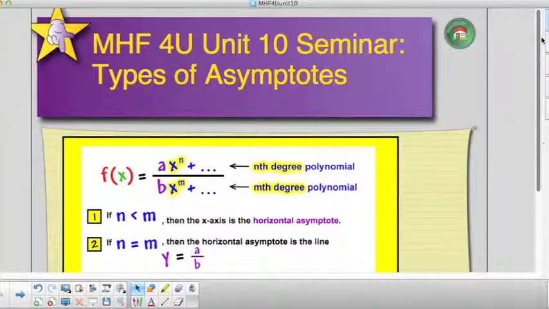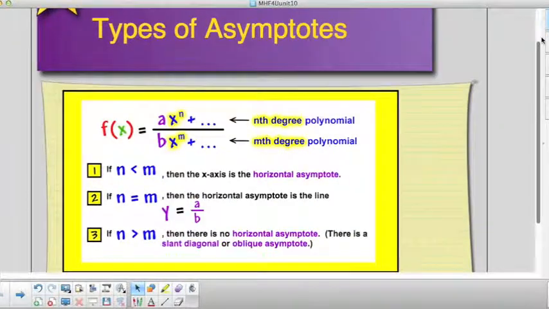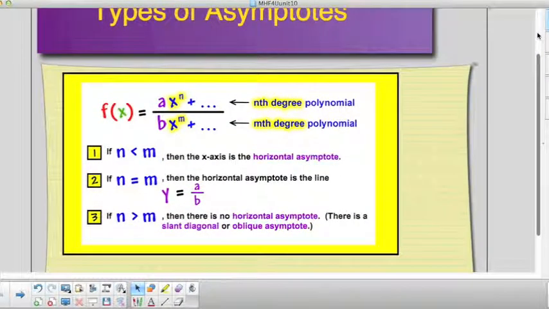And this is the Unit 10 seminar on types of asymptotes. At this point, all you have really learned through the MCR course is how to identify vertical asymptotes, which I'm going to review again. We never really talked about horizontal asymptotes. However, in this unit, because you are going to have to deal with, we learned in Unit 9, synthetic division